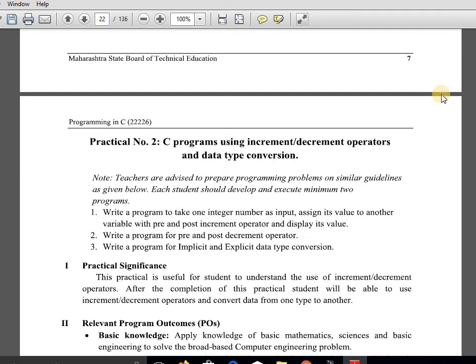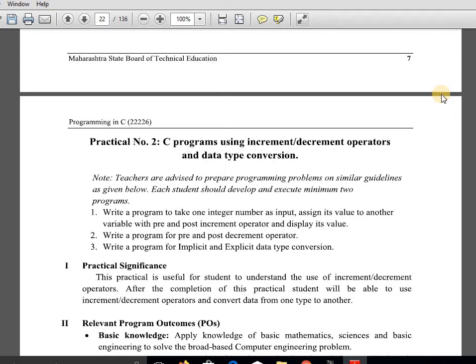Okay, see here, suppose we have the data types integer and character. The character requires 1 byte to store the value, and the integer data type requires 2 bytes to store the value. If we convert the character data type into the integer data type, we are converting the value stored in 1 byte into 2 bytes. So no data loss happens.